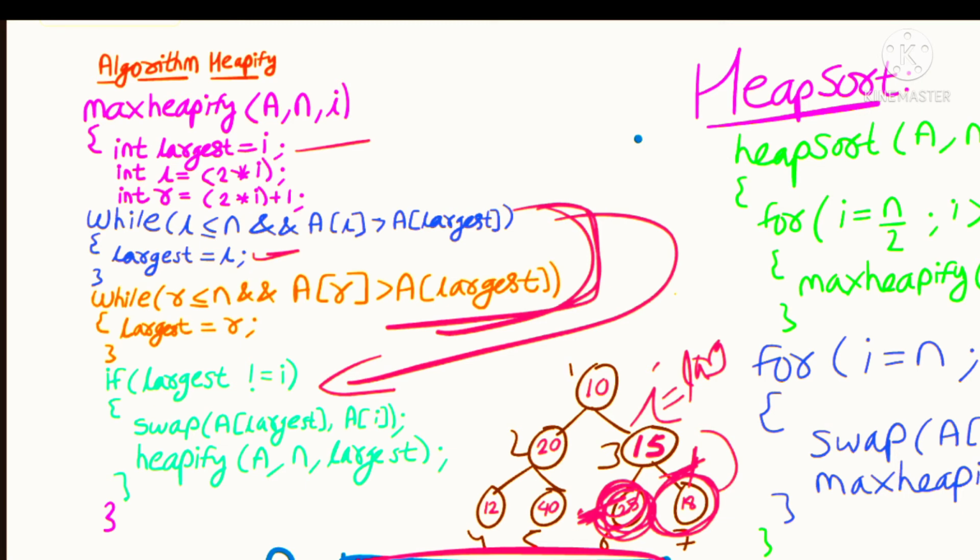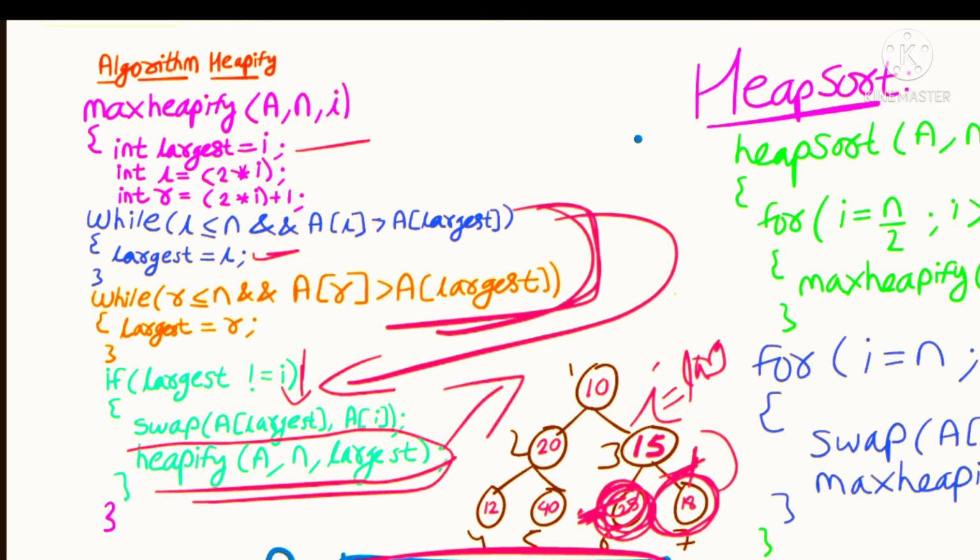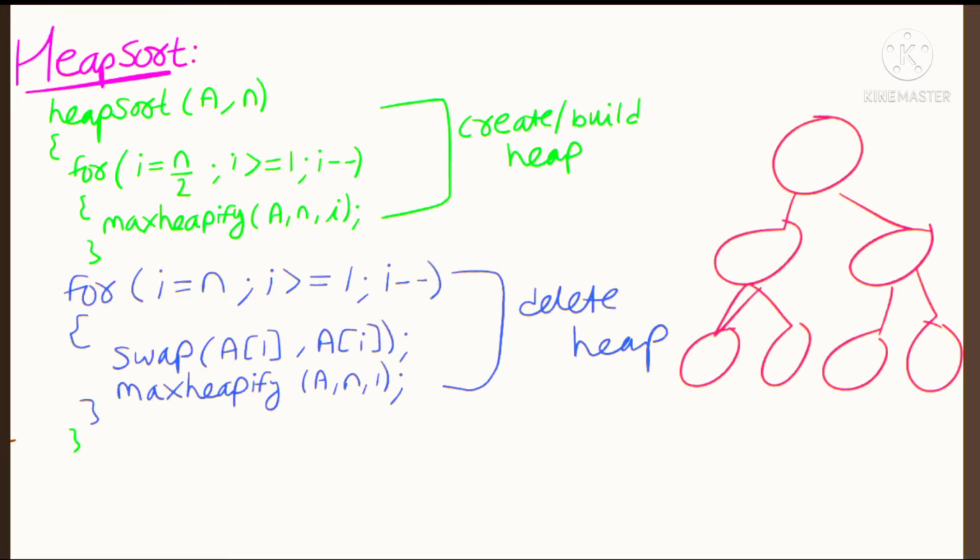Now after this condition, after swapping, the function will not call heapify here because it will not go here. We can use this method in heap sorting, but you know heap sorting requires two things, building and creating. So we can call this heapify function in the other algorithm for the heap sort which we are writing. So look to the heap sort algorithm. Heap sort a, n, a the array and n the number of elements.